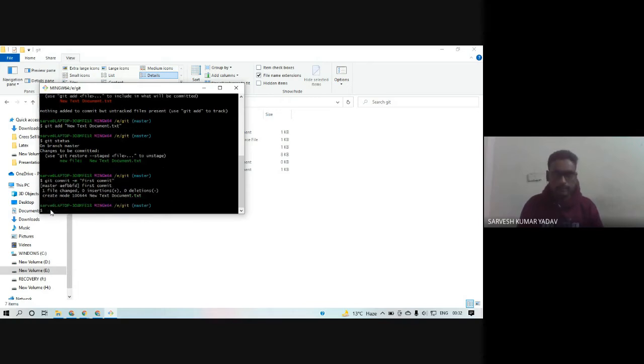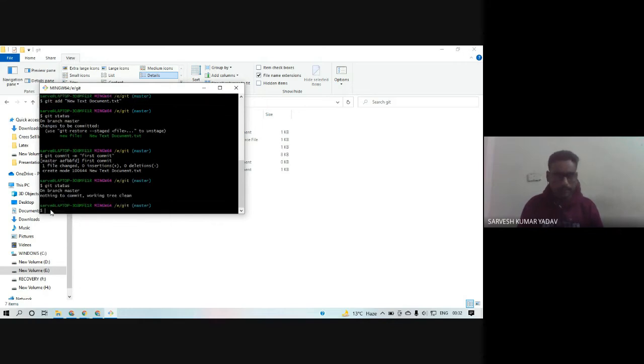One file changed, 0 insertions and 0 deletions, new text document.txt created. So now let me check status. On branch master, nothing to commit, working tree clean. I have saved all changes. Till now, no changes have been made again.